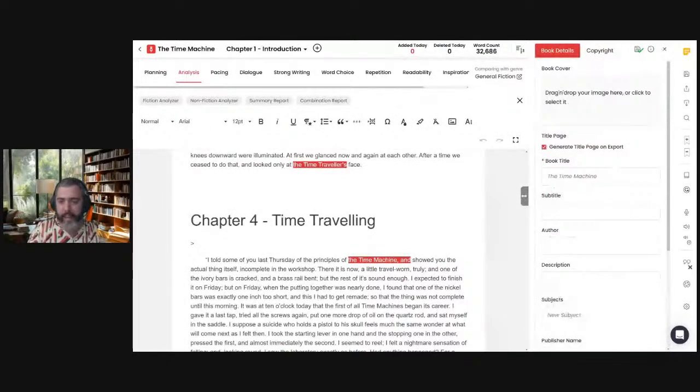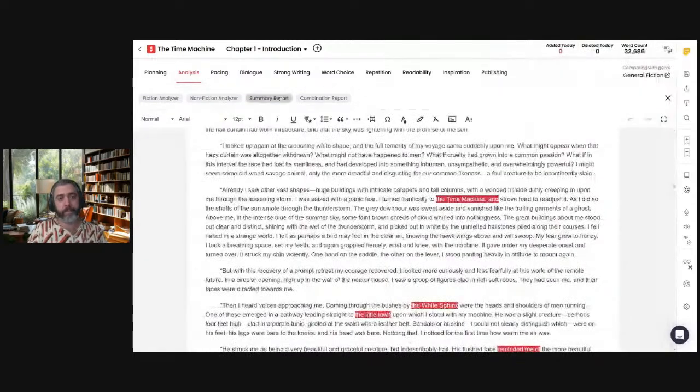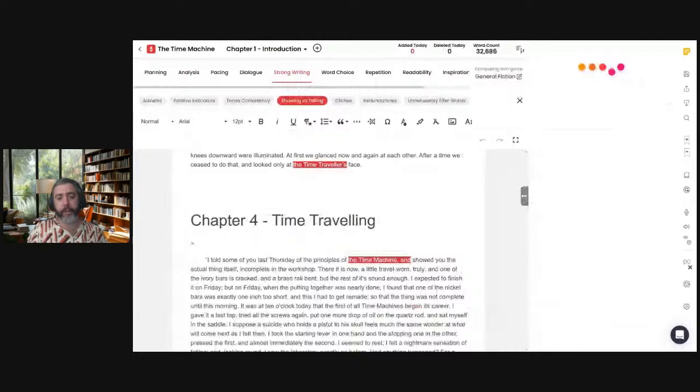All right, I think I'm out of time for now, but I do have a few minutes here that I can answer any questions that anybody has about the AutoCrit Writer's Desk. Obviously, I didn't cover every specific tool in detail. If you ever get to a tool that you're confused about, you can always hit the little I button in the corner there. So I'm just pulling up Showing versus Telling as an example of this.